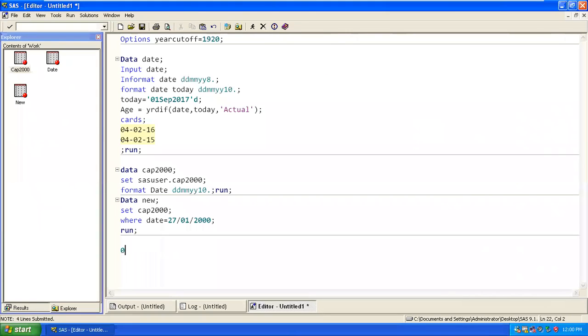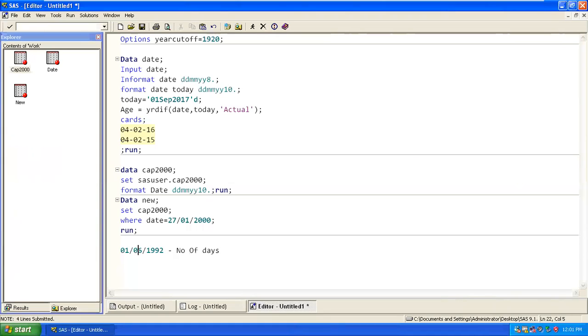See, for any specific date, let's say 01/06/1992, correct? So this will give me a number of days. And below, if I have another date, that also will give me a number of days, correct?